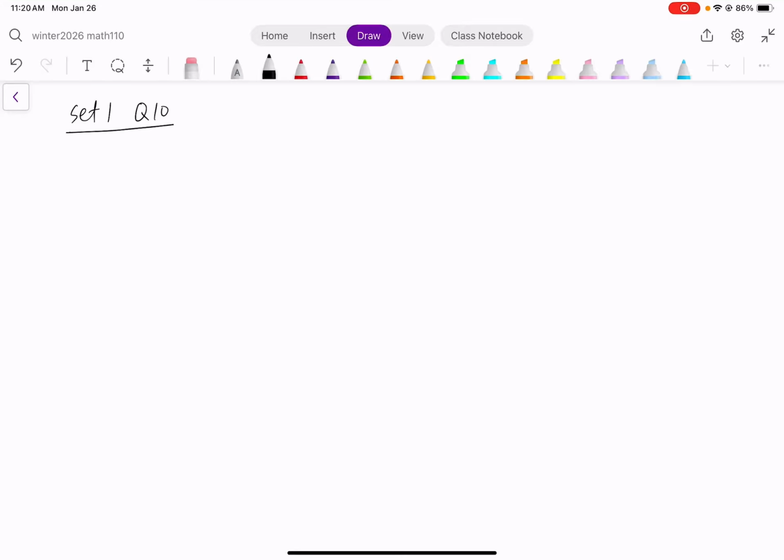Now we have the last question from set 1. It says a mattress store sells only king, queen, and twin size mattresses. There's a king, there's a queen, and there's a twin. Sales records at the store indicate that